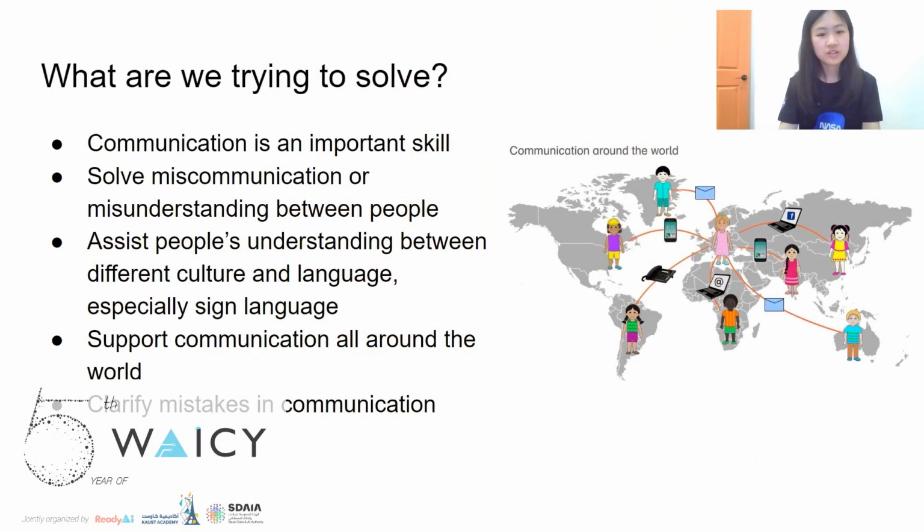What are we trying to solve? We are trying to solve communication, as everyone uses it, or sign language as a skill on a daily basis. It can be really hard for one to socialize or interact without speaking or using hand gestures. We are trying to solve a recurring problem of miscommunication or misunderstanding through dialect or gestures that many people receive,